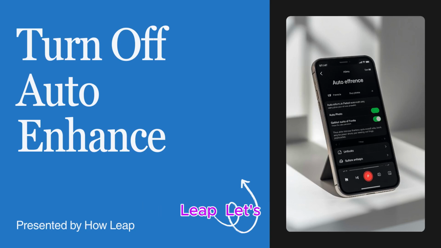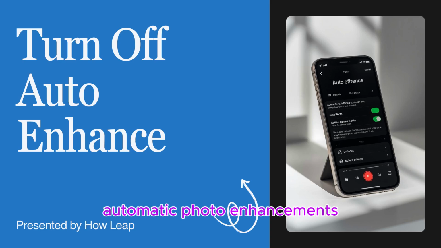You're watching How Leap. Let's see how to turn off the automatic photo enhancements or auto enhance that the iPhone